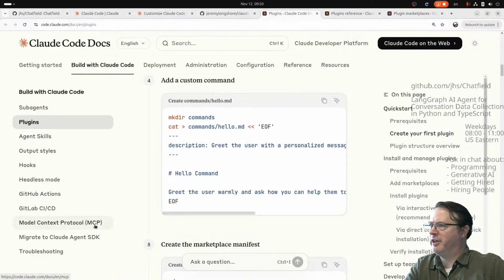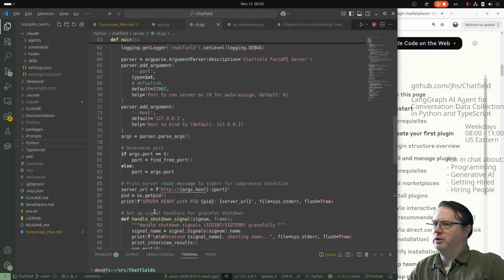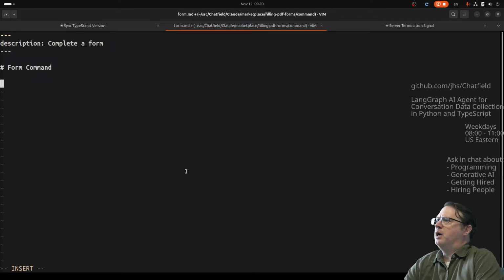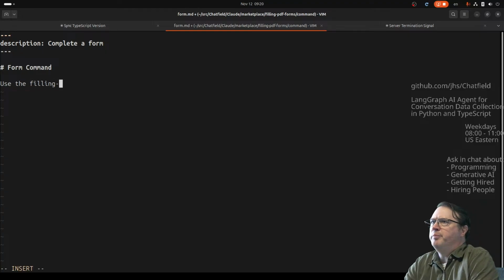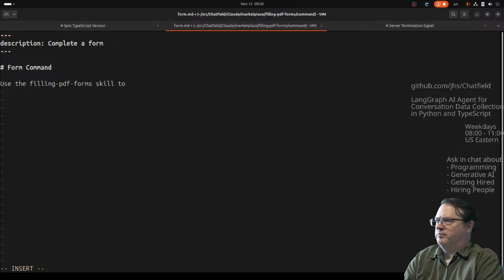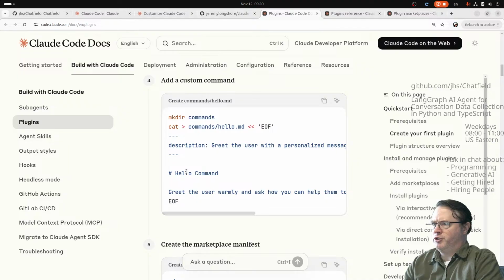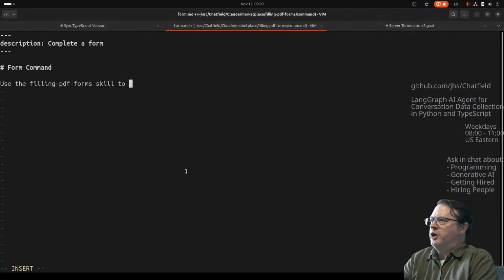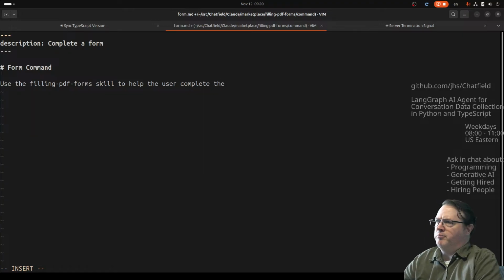Okay. I think let's do it. What we're doing, where are we? Form command. Use the, I think this is like, shoot, I always forget. Filling PDF forms skill to, what does it say? Does it reference the user directly? The user, yeah, it does. To help the user complete their,